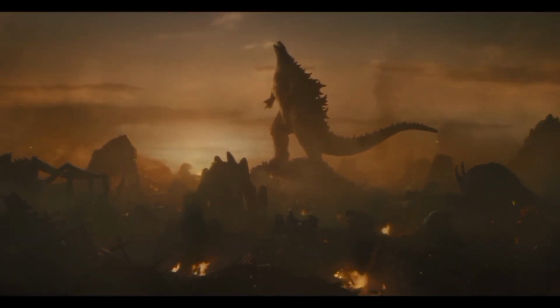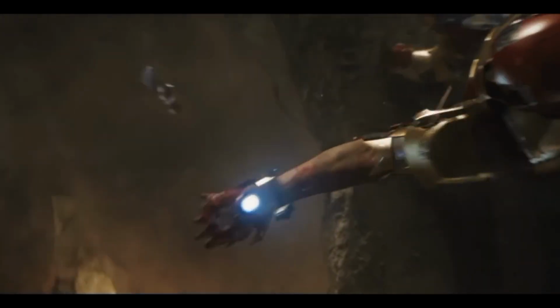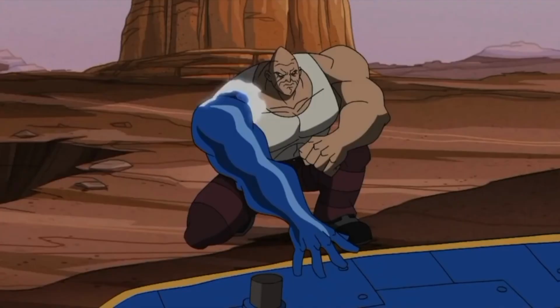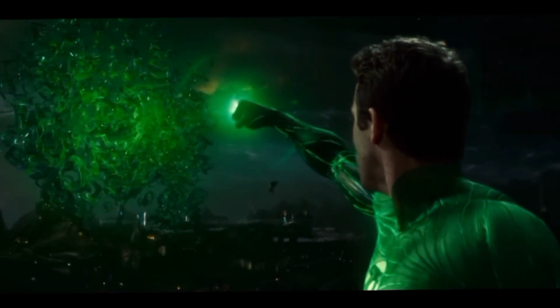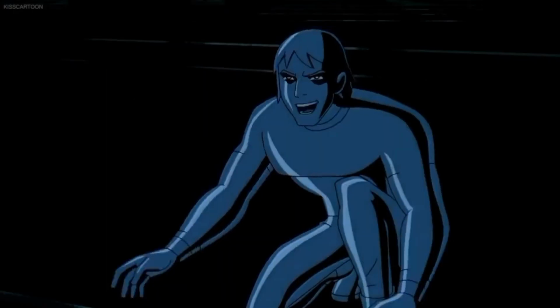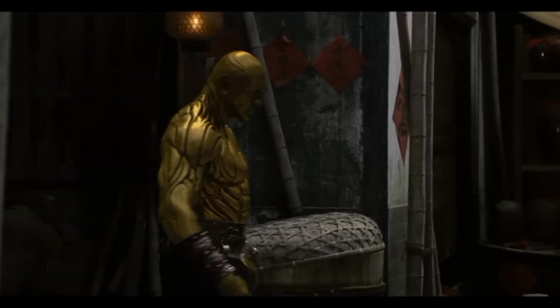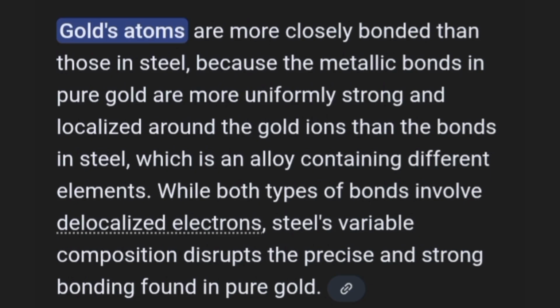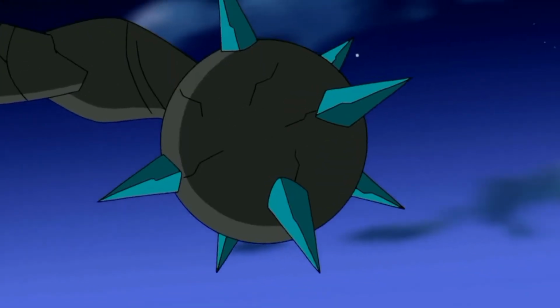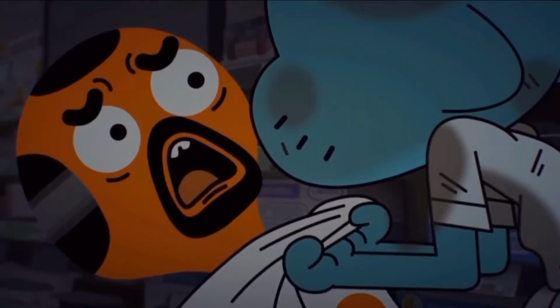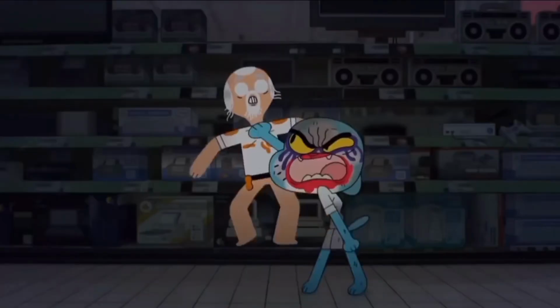And despite the drift radius, the atoms have to be on their body to be able to change atomic structures to that of a diamond or anything. Think of it this way: the anomaly can change the shape of steel, but it still remains steel. But the original can change steel to gold as long as it's on their body. But how closely bonded the atoms are decides whether they expand or shrink. And both users of matter mimicry still have to pay for the use of atomic drift as long as it's active.